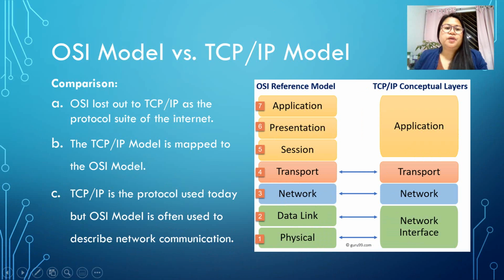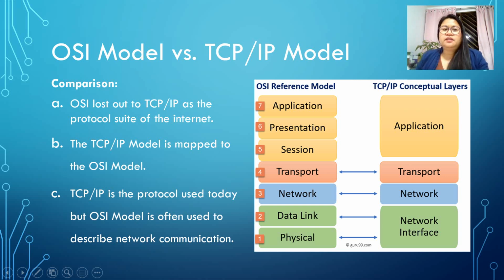We have here the comparison between the OSI model and the TCP/IP model. Letter A, OSI lost out to TCP/IP as the protocol suite of the Internet. The TCP/IP model is mapped to the OSI model. TCP/IP is the protocol used today, but OSI model is often used to describe network communication. As we can see here,